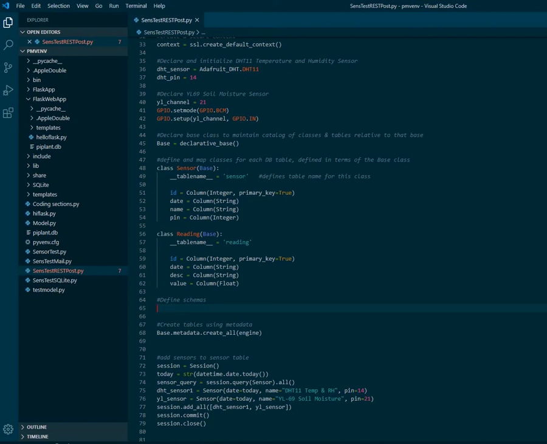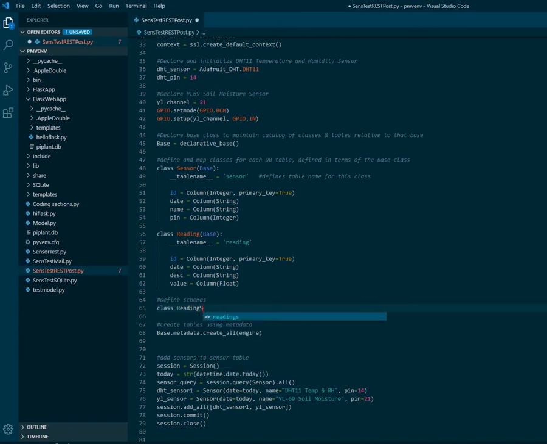Try to keep up. So now we need to create those two schema classes, which will allow us to convert our reading data into that format that the API is expecting to receive. So we pass our readings through our schema, which lets us output that data as a JSON object, which can be sent across directly by HTTP request. So it'll already be in a format that our API endpoint can understand and add to the web application side